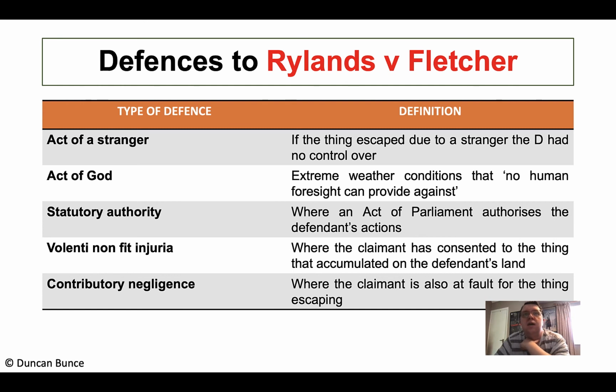Situation there could be, I'm just trying to think, so something that they've done, maybe they've erected a fence, the claimant, and the fence is in really poor condition, and so therefore that's why, I don't know, a herd of sheep decide to escape onto the land or something like that. So in that situation the court would recognise that and reduce the amount of damages that the claimant could achieve.